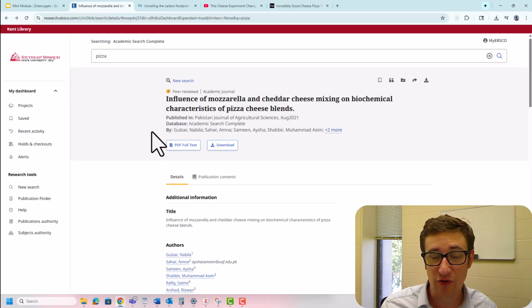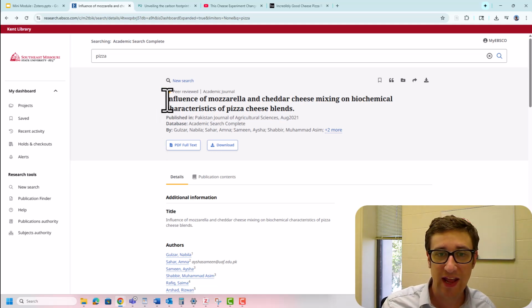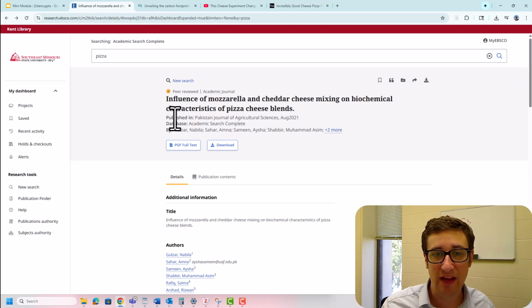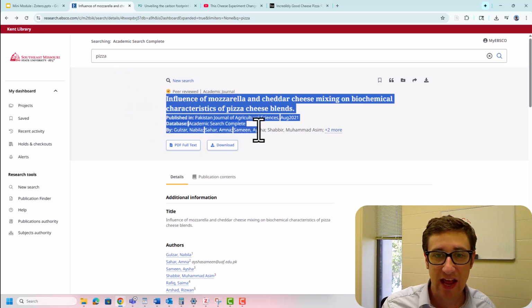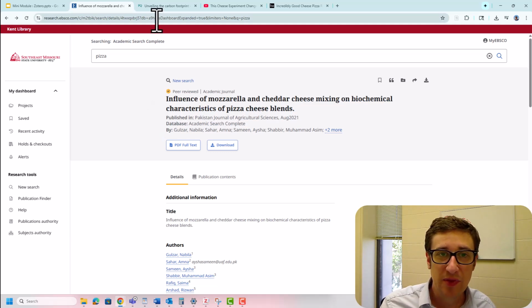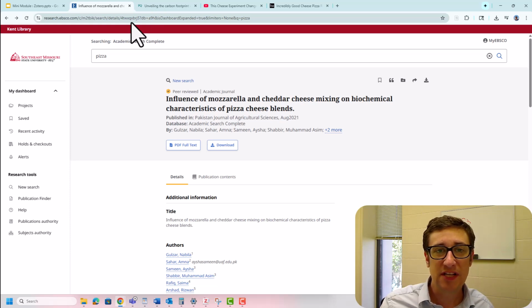So when I was an undergrad student, what I might do is I would find an article like this and I would maybe copy this article name so I could find it later. So I'd have the journal and I could look it back up at the database and find the article later. But I would maybe save this to another document. That takes some time. It would be nice if I could just save this link, but oftentimes these links,